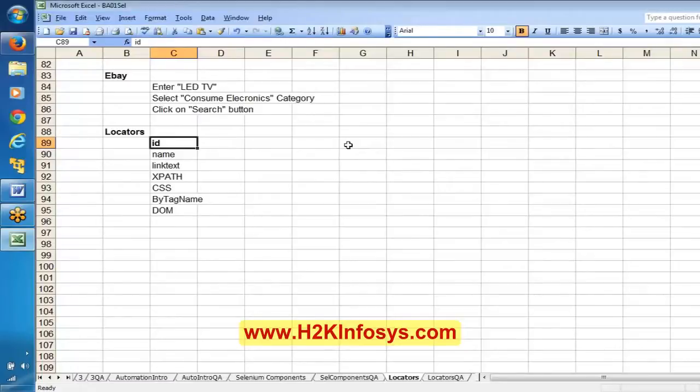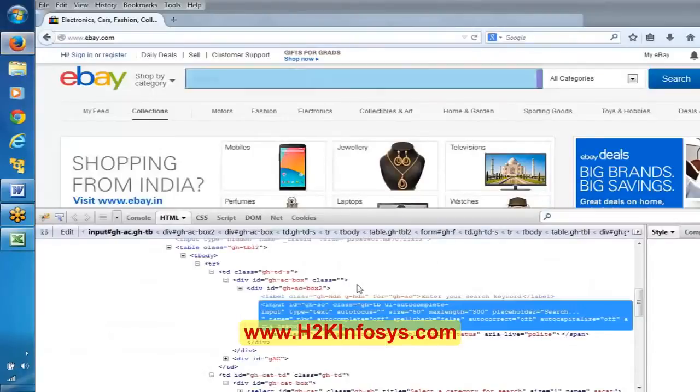So Selenium uses the ID locator to recognize the object, and the first preference will be given to the ID. If you want to automate any test case in Selenium, first Selenium will try to use the ID attribute, the ID locator, to recognize the object. Say for example, if ID is not available, then Selenium will try to look for a name. By using this ID attribute, Selenium will try to automate it.